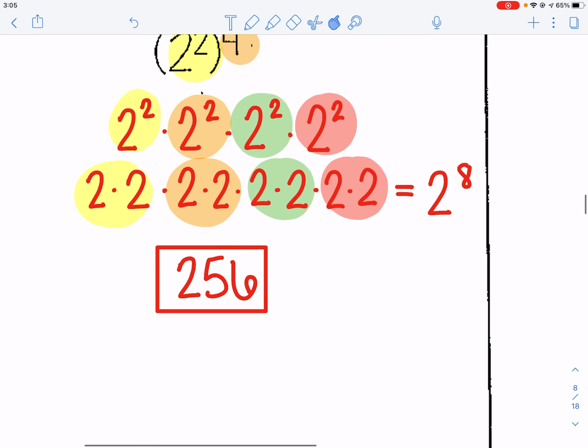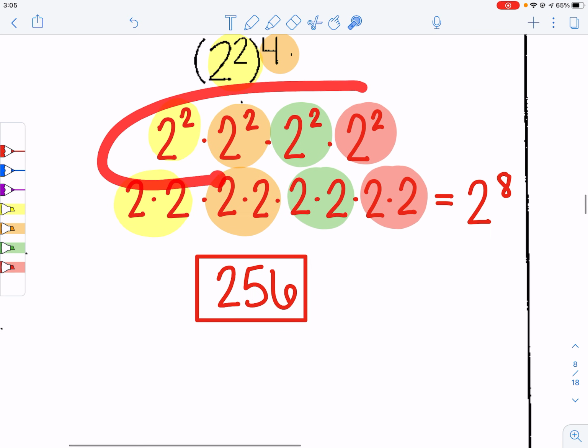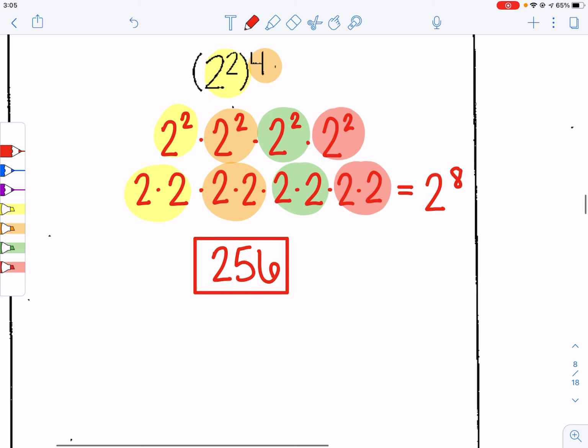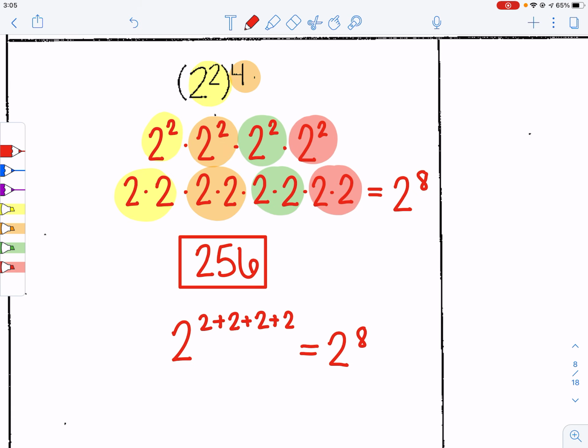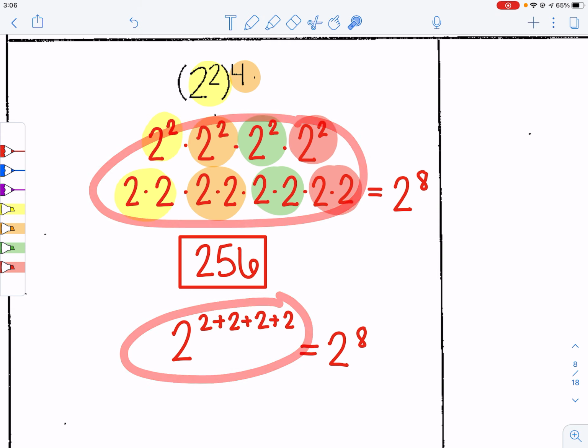So really from this step right here, you could have just done 2 and then add all those exponents. That's what we learned last period, is you just add your exponents as long as the bases are the same and it's being multiplied. 2 plus 2 plus 2 plus 2 will also give you 2 to the 8th. Okay. All right, so there's 2 different ways to show why we end up with 2 to the 8th,